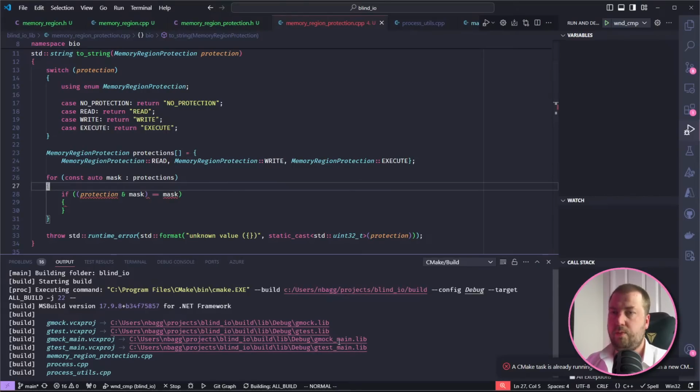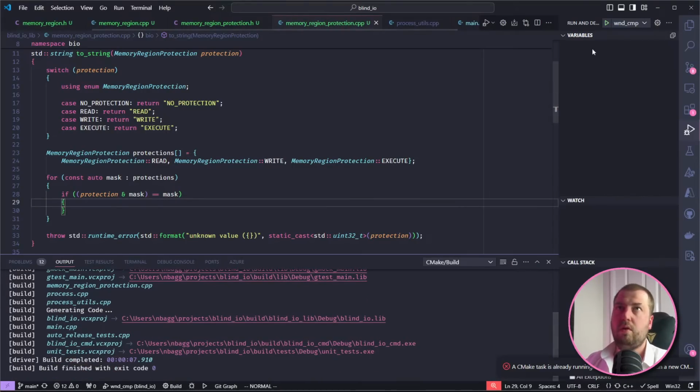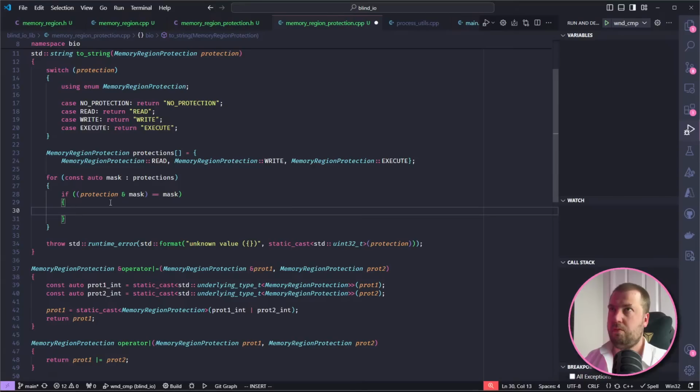Okay, so at this point now, we know that whatever this mask is in the thing that we were passed. Sorry. Yes. At this point, we've ascertained that one of these is part of the thing we were passed.